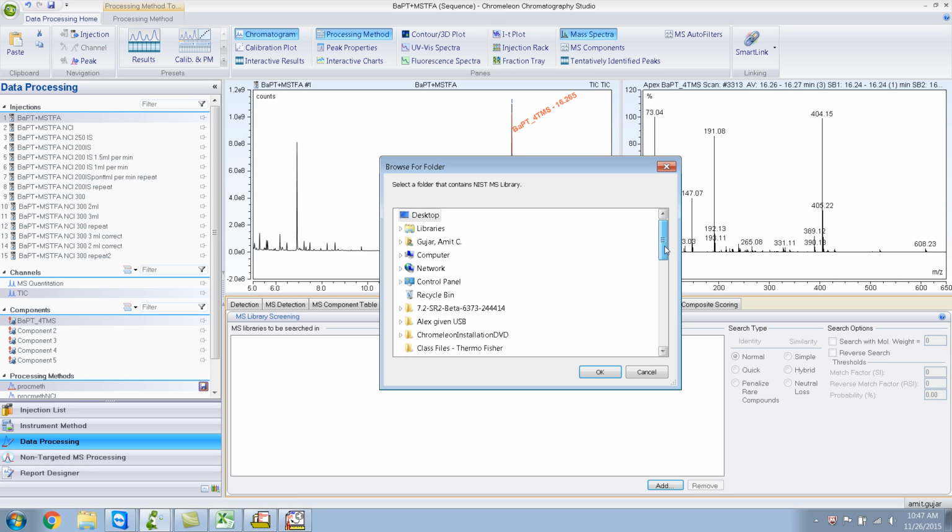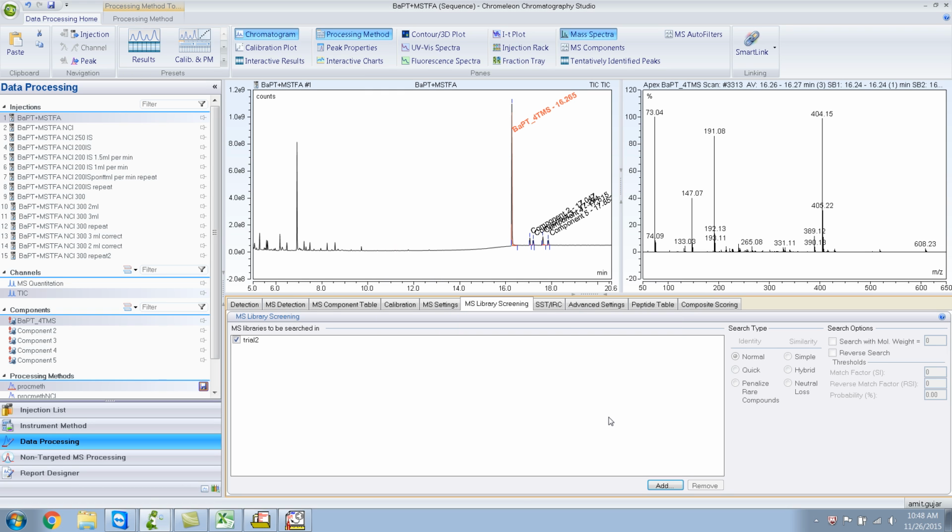and like I told you in one of the previous videos, the libraries are located in C drive, program files, and NIST MS, and MS search. It's a bit you need to know. I know this is not very easy to find, but if you know where to find it, it becomes a lot easier. I wish they come up with an easier way to put this in a location which is easily found. Anyway, so this is the trial 2 library in which we have added our